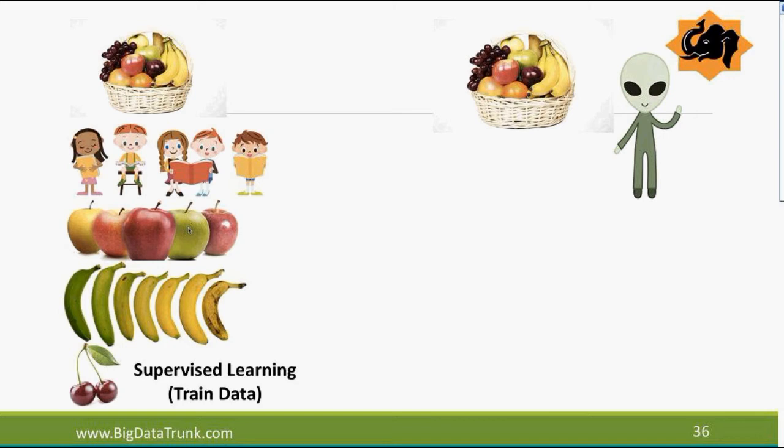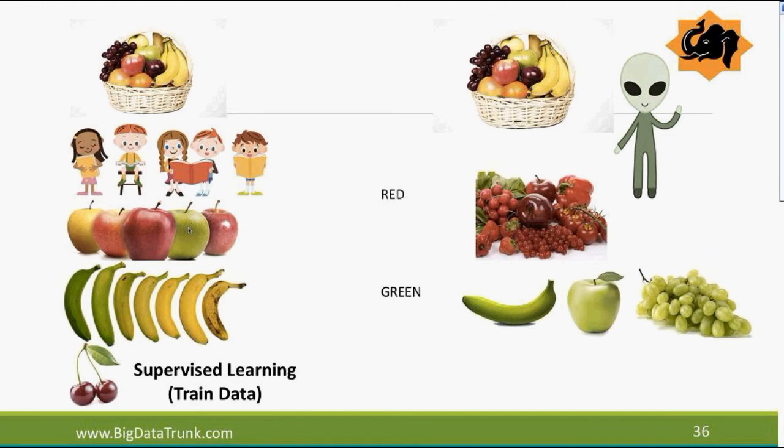With those assumptions in mind, the aliens come in, they're given this problem, and they work on it, and they end up doing this. They find all the red things: grapes and apples and capsicum, bell pepper, all of that. And all this green stuff, right? It's not correct. It's not what we were thinking, the definition of our answer, but it's still useful. They do not have the trained data. Nobody taught them this is apple, this is banana. Nobody has made the assumption. They don't have it, so they don't understand.